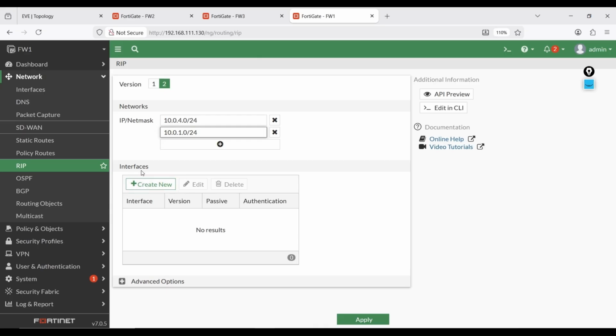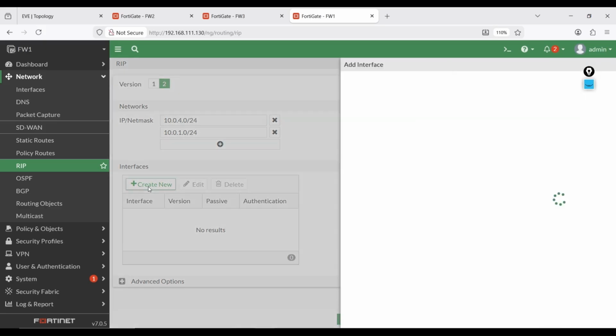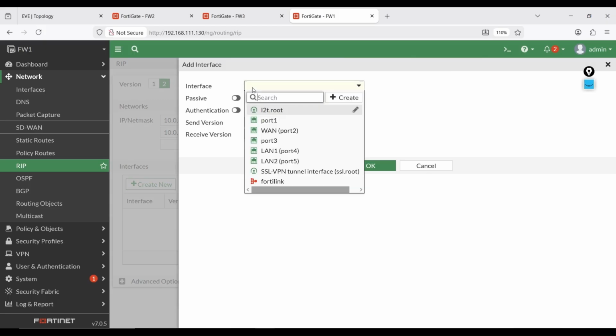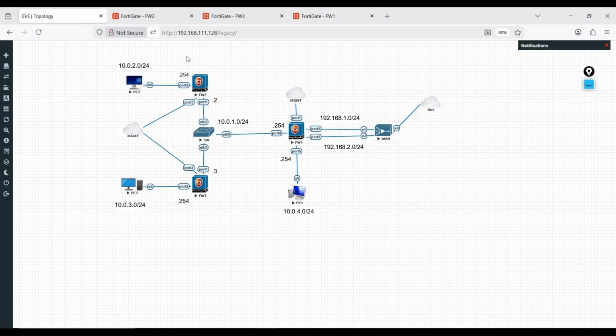And now we have to configure the interfaces which we want to participate in this dynamic protocol, in this RIP conversation, or RIP sharing information. So just click here, create new, and select the interface. We have port number 5 and port number 4 which we want to participate in RIP.